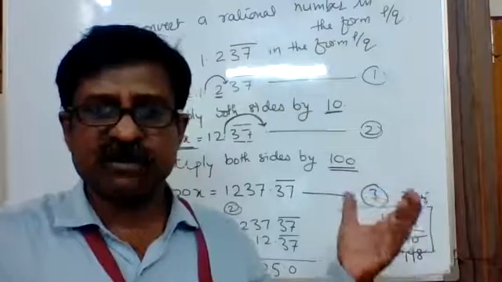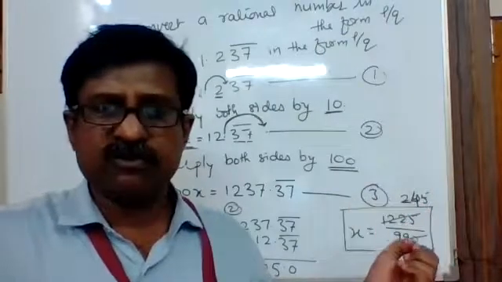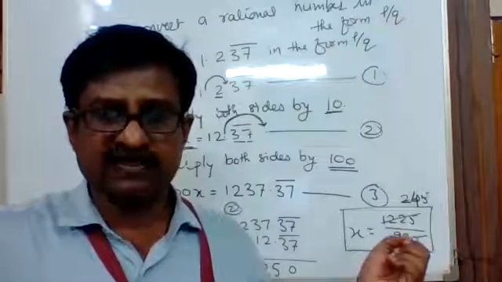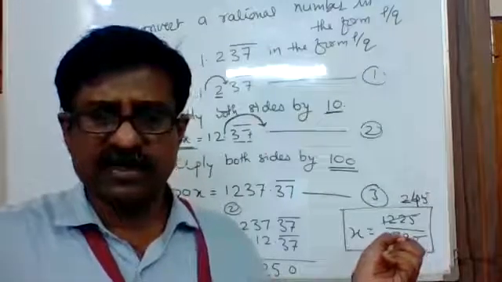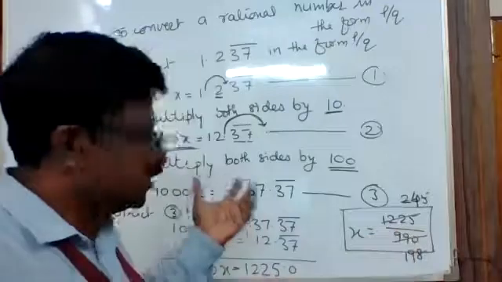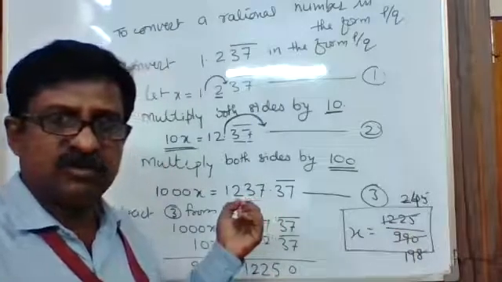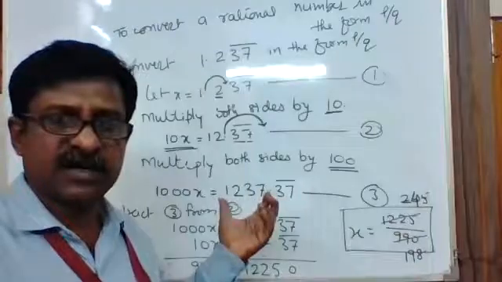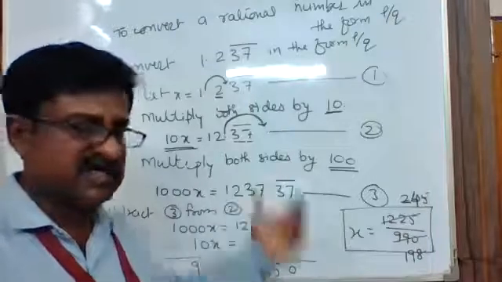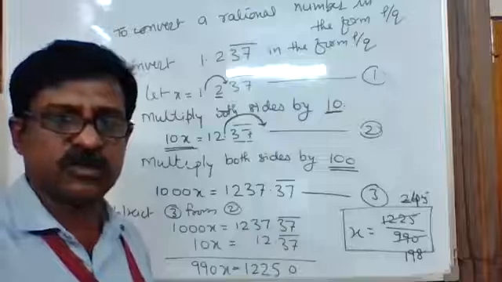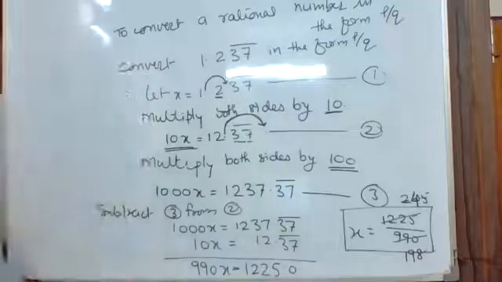Expecting the procedure you have followed. Same type of question, one or two questions we'll do, and after that we will stop the topic here itself. Now, one thing you have to keep in mind: if you want to get the direct answer without solving all these, if the question is of 1 mark and is a multiple choice question, in what way can we do it?